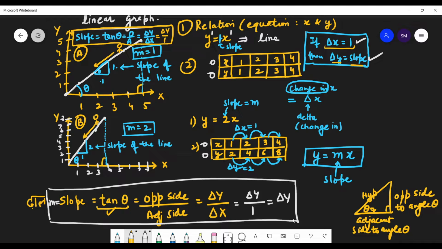एक्सक्यूज मी सर. यस. सर ये चेंज इन वाई एक्सिस और चेंज इन एक्स एक्सिस बता दो. ओके